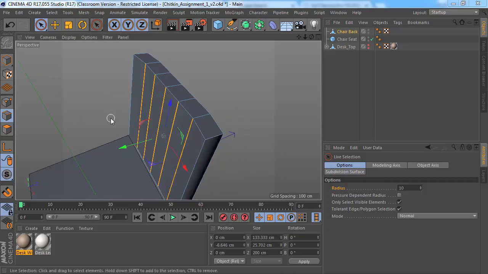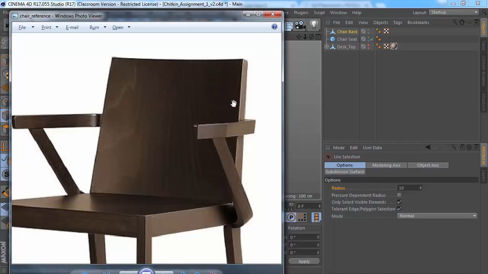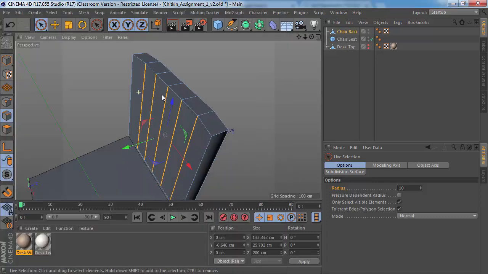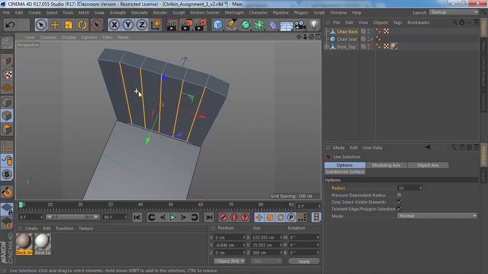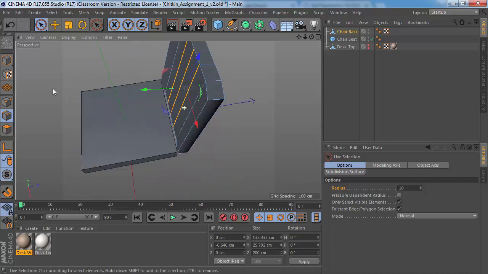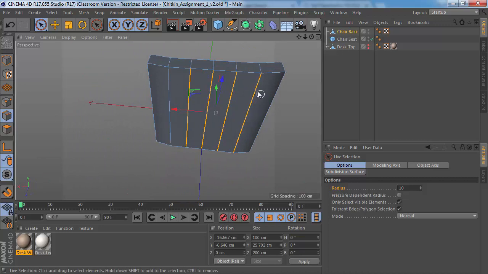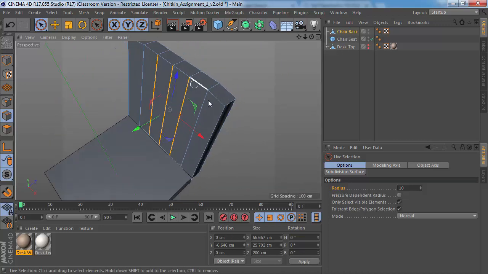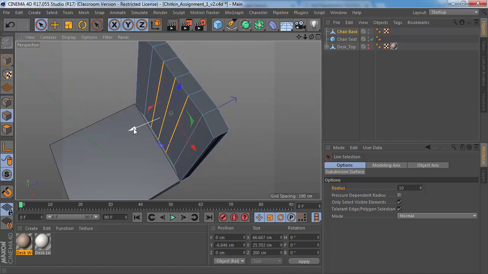And what I need to do to make this curve sort of round is pull these incrementally each way. What I mean by that is I pulled all of these a little bit to make the start of the curve. Now I need to unselect the far edges. To do that, I'm going to hold Control and click off those on the side there, and these on the side here. Now I'm going to pull backwards in the green direction a little bit more,